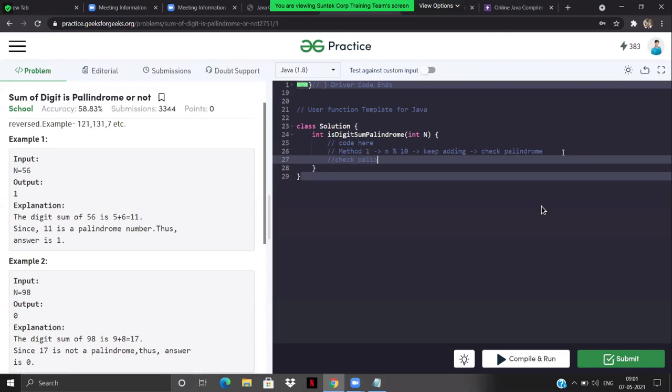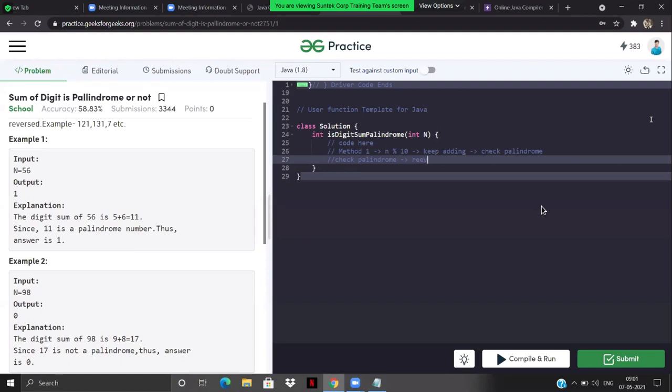Guys, I'm just writing pseudo code. If you want actual code, we can discuss it in the next class as well. But what I want you guys to do is give it a try first. Right? Wherever you get stuck, try to get help from Google just for the syntax. Don't look for the solution. I know it's a very easy problem. You guys can do it. Right? How should you check for the palindrome?